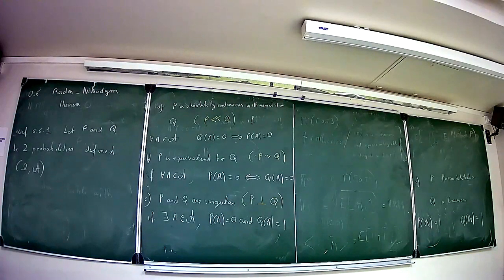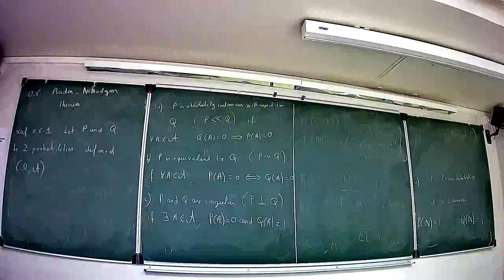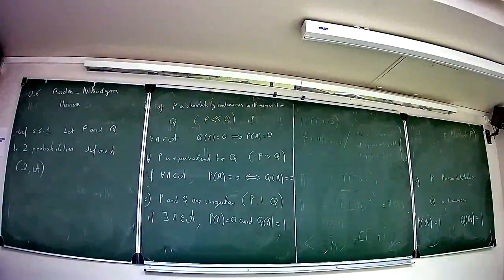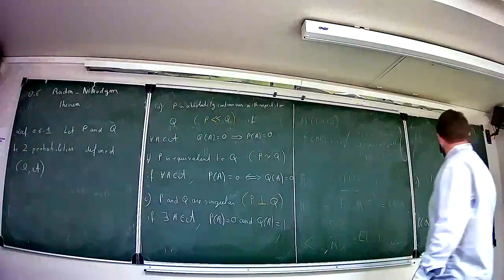So you have here an example of two probabilities that are singular. When I say that it's something that you know, it's in general in the course of probability, you have the case discrete, continuous, but you have the case where they are singular. And all the discrete random variables are singular with all the continuous ones, in fact.